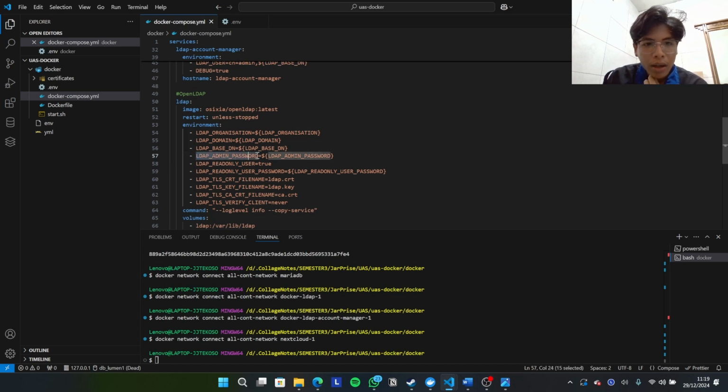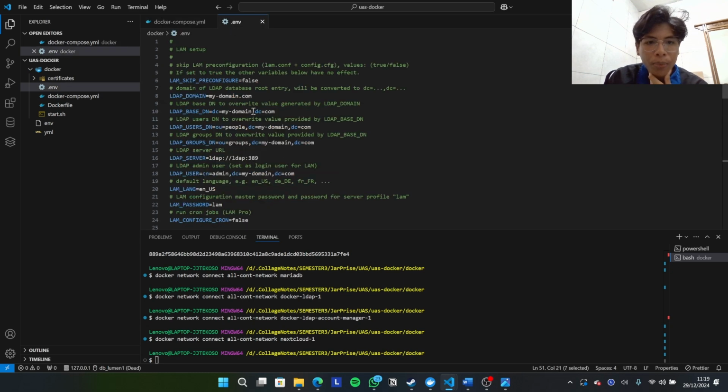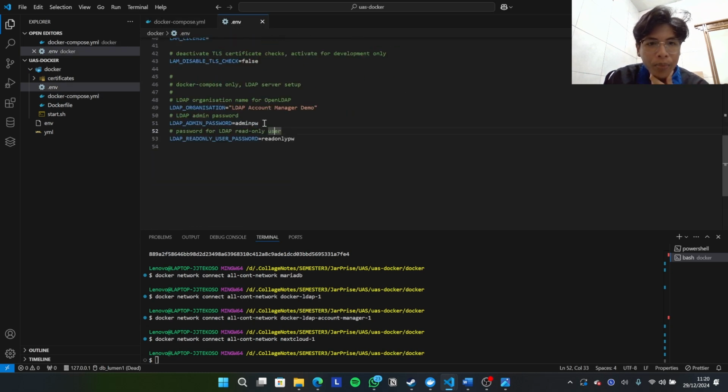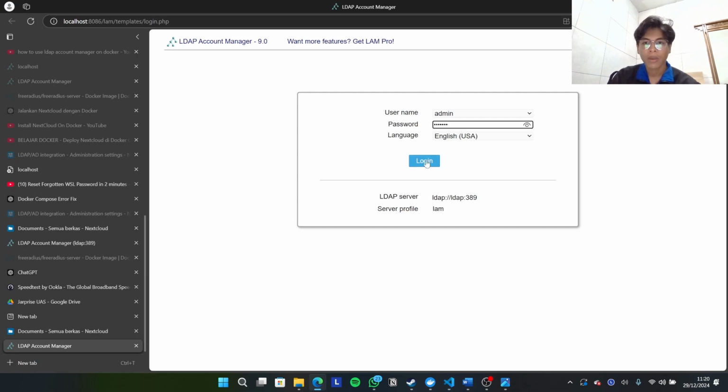Here, the LDAP admin password is calling the variable from the env, and we can check the env file now. Okay, this is the password. You can just copy it and use that password to log in to the LDAP account manager.